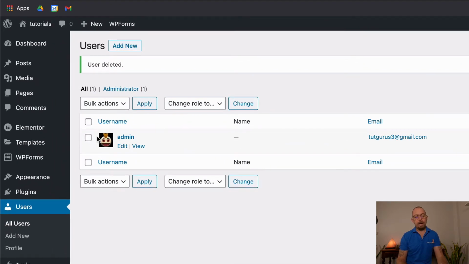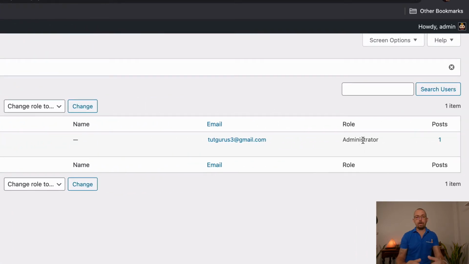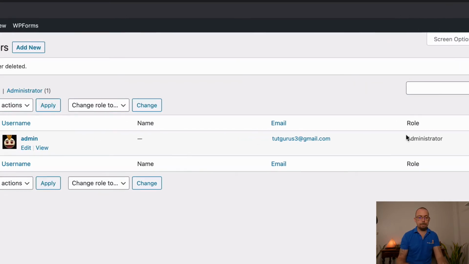So first you'll be displayed with a little icon. This is my old icon for the old One-Stop tutorials. I'm going to show you how you can create a new gravatar. They're called gravatar, but we'll go over that in a sec. You have edit or view, okay? Over here on the right, you have the email address that is associated with this admin. You have the role, meaning what it is, because you've got different roles. You've got admin, editor, different types of things. And then how many posts that this person, this admin, myself, has added to the website.